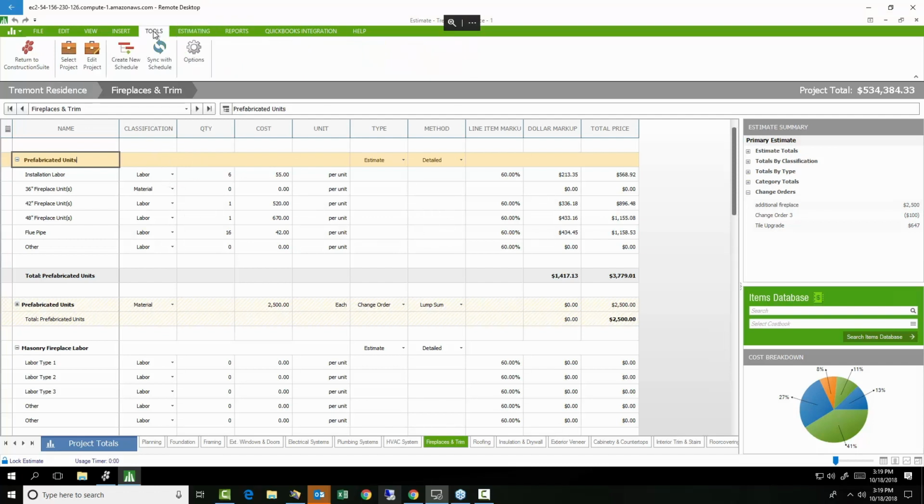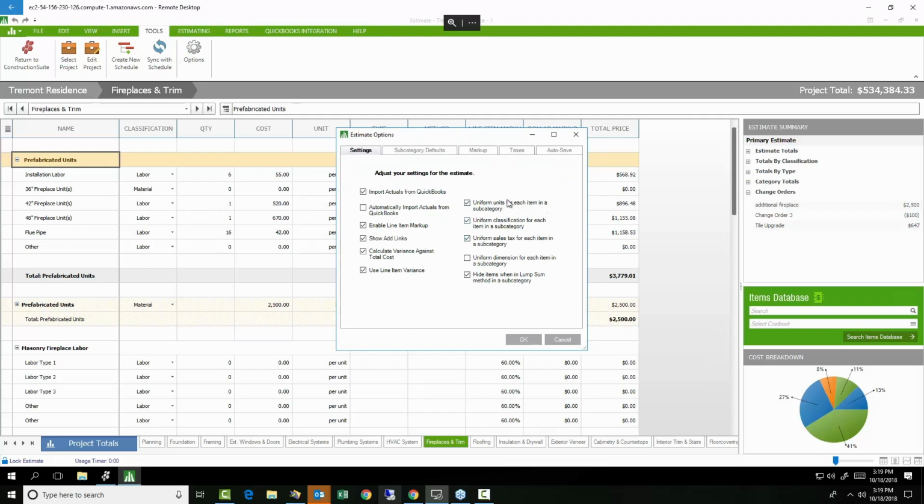Now these, by the way, that Jordan had wanted me to point out for you guys as well, can be found under the Tools menu in Options. And from here, you have the ability to go into and create a uniformity for these subcategories that we're building into the system. If all of our labor items are showing up in the same subcategory, then we can set it by default to use the same classification for each of the items in a subcategory. Again, this allows us to change one value and have all of them change the same way that you guys saw it earlier. We can, of course, as we did before, go in and change individuals, but this allows us